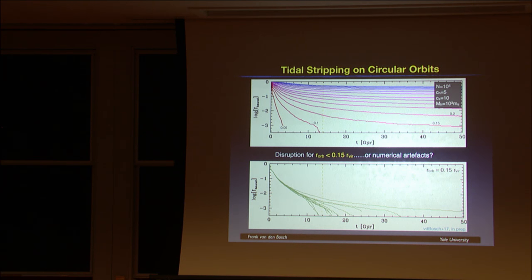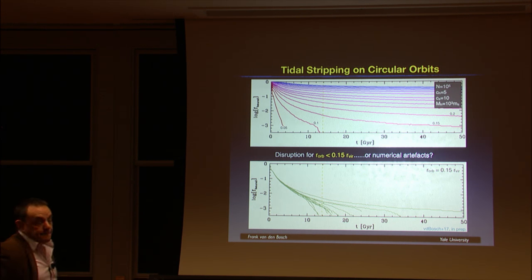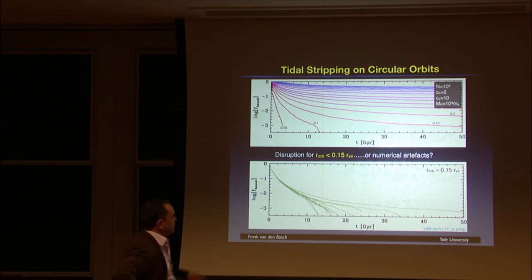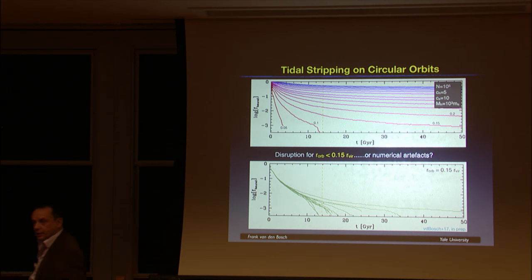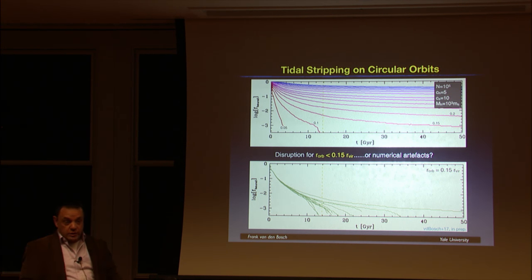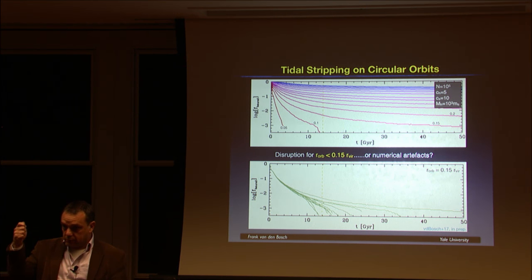In the upper panel, it's all the same subhalo. Correct. So it's only once you actually do the different random realizations that you suddenly see that. So it turns out this is discreteness noise. And the only way to beat down discreteness noise is to increase N. We'll do that in a minute.